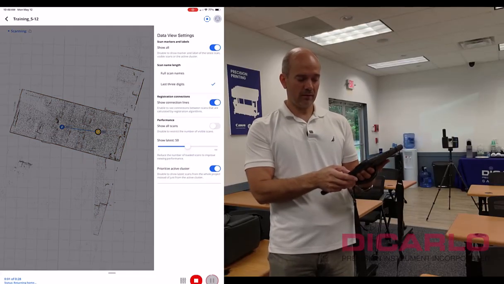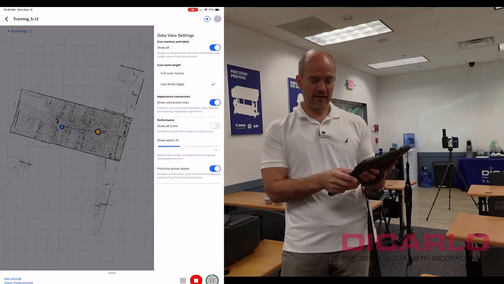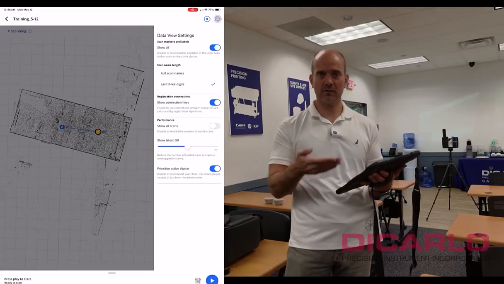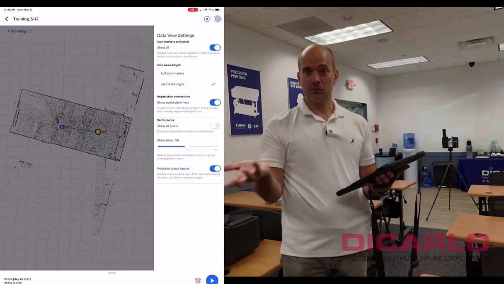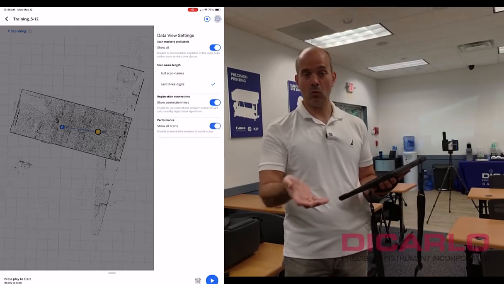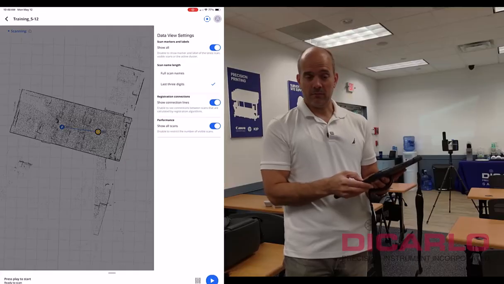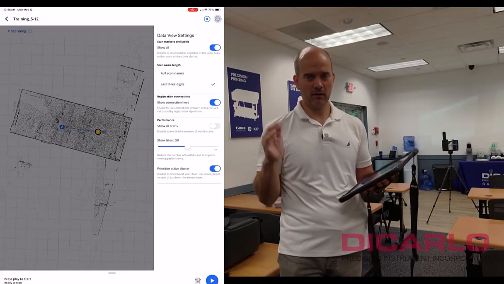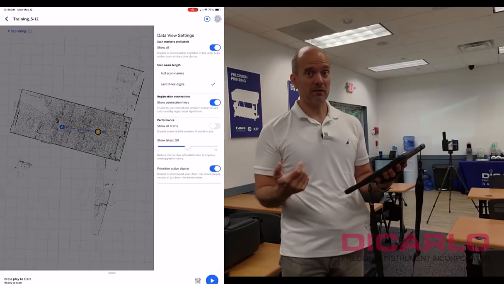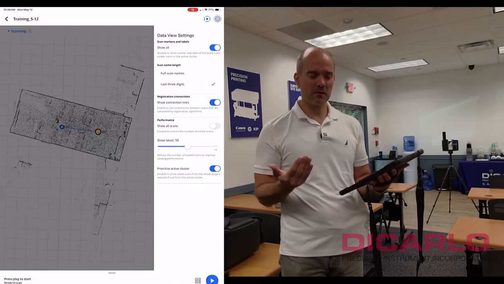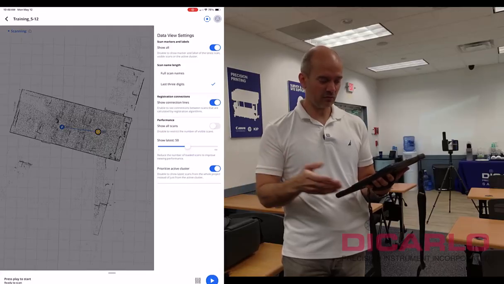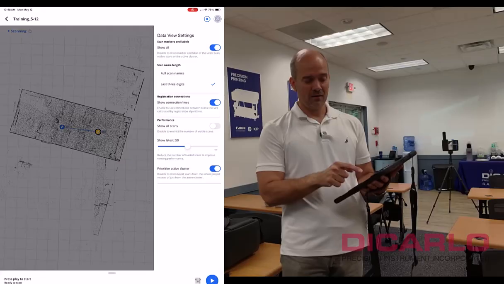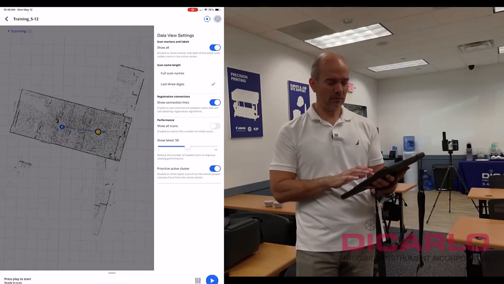I also, it defaults to visualizing only the last 50 scans. So if you have a large project, you can limit the amount of resources that it's going to be sapping from your device that you're running Stream on, right? So you don't want to do all scans unless you only have a few of them. But I've done over a couple of 100 scans and it's still good even on my iPad, and I've done it on my phone too. So it doesn't seem to be very resource intensive, but again, there's a reason why it's there. Show all scans. Again, the connection lines are the new thing that have been around for a little while, but